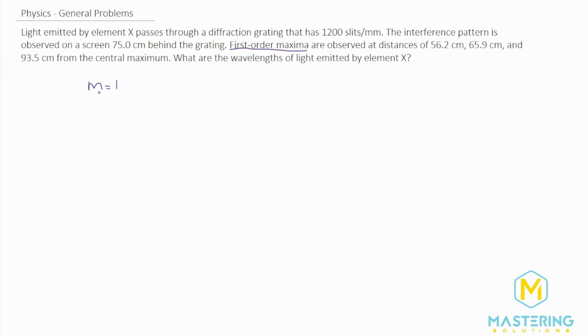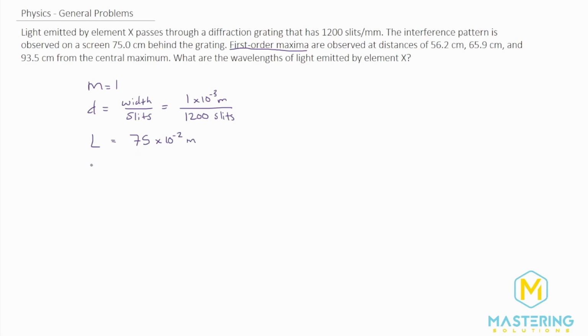So let's keep going with our list of things that they tell us in the problem. We're told that the diffraction grating has 1200 slits per millimeter. So d is the diffraction grating slit spacing, and as always, it's the width over the slits or the lines. In this one, we have 1 millimeter, so 1 times 10 to the negative 3 meters over 1200 slits or lines. Now I'm going to leave it like this. And they tell us that L, the distance of the viewing screen from the diffraction grating, is 75 centimeters. So that's 75 times 10 to the negative 2 meters.